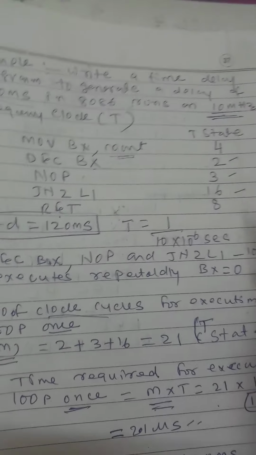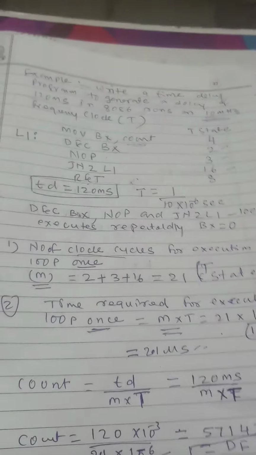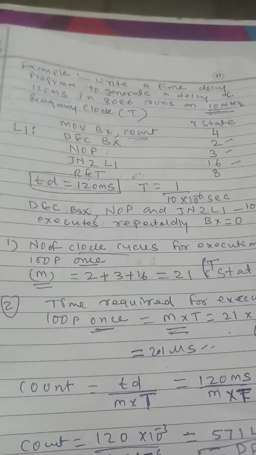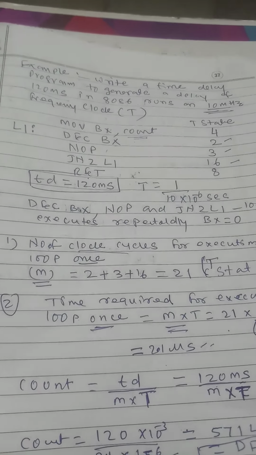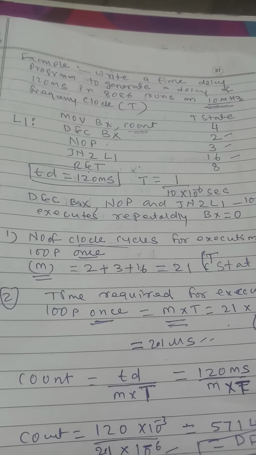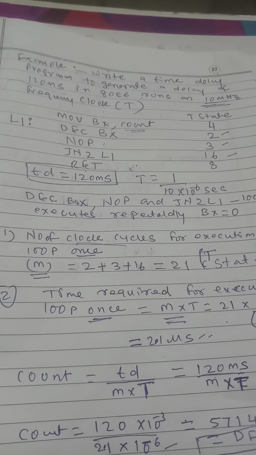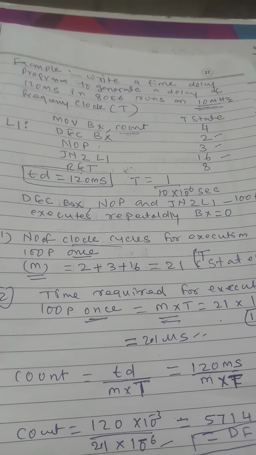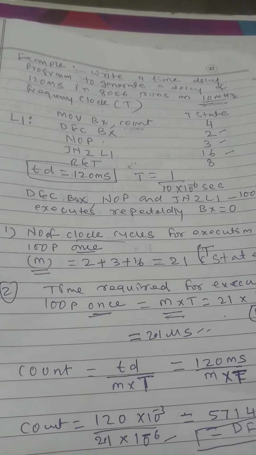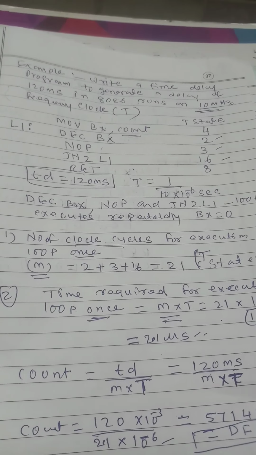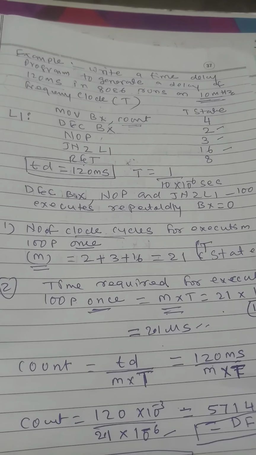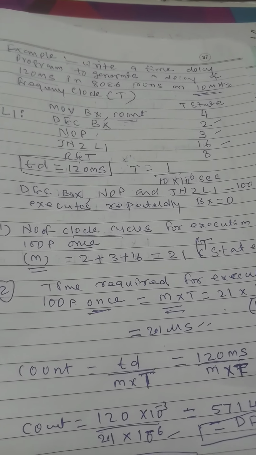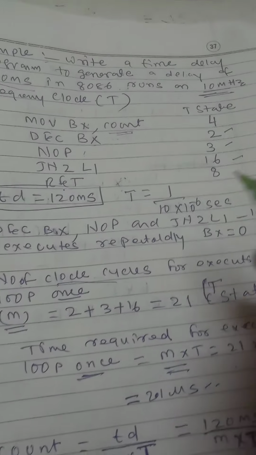We have many different applications of delay, like blinking of an LED. We can turn a motor on and off using a delay. In a stepper motor, the delay decides how fast the stepper motor has to rotate. These are some of the real-time applications of delays. So here let us see a small example of the delay.